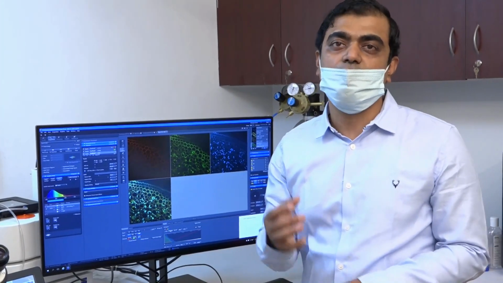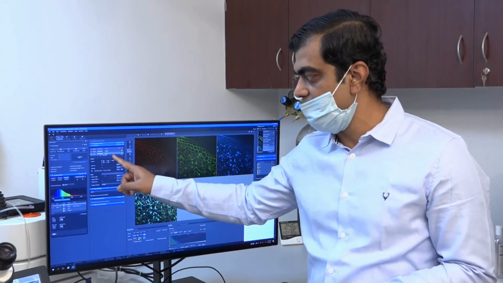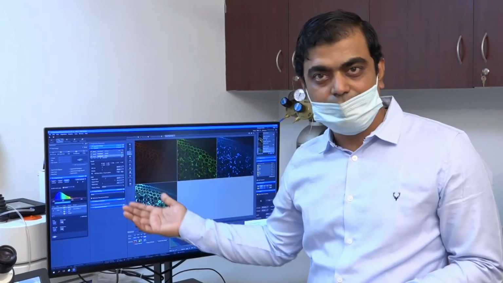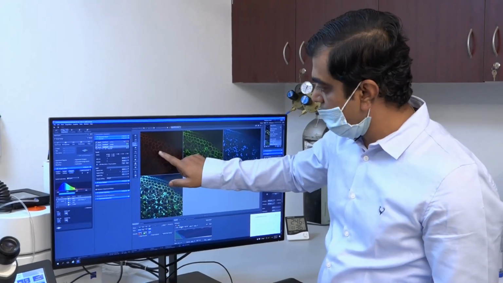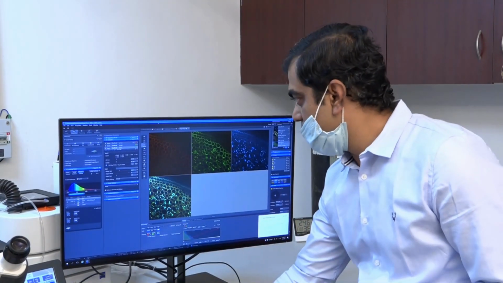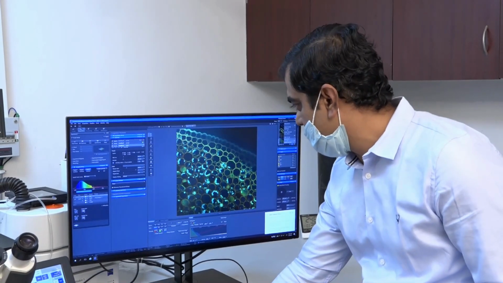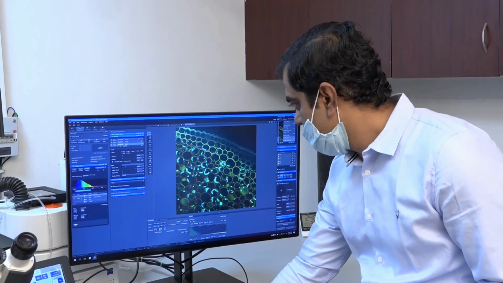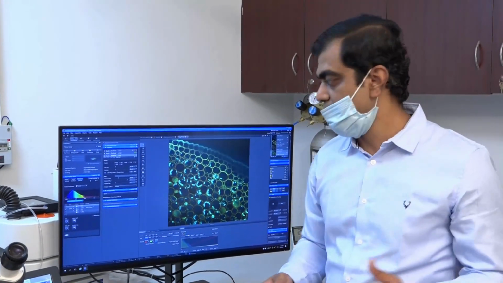So based on what dyes you have in your sample, you can simply select the list of dyes, select prepare tracks, and then if you optimize each one individually, you will see all the tracks like red, green, blue, and this is a merged one. So a merged one will have all the three signals in the same place. You can see the merged one, which has red, blue, green, all the three channels in the same place.